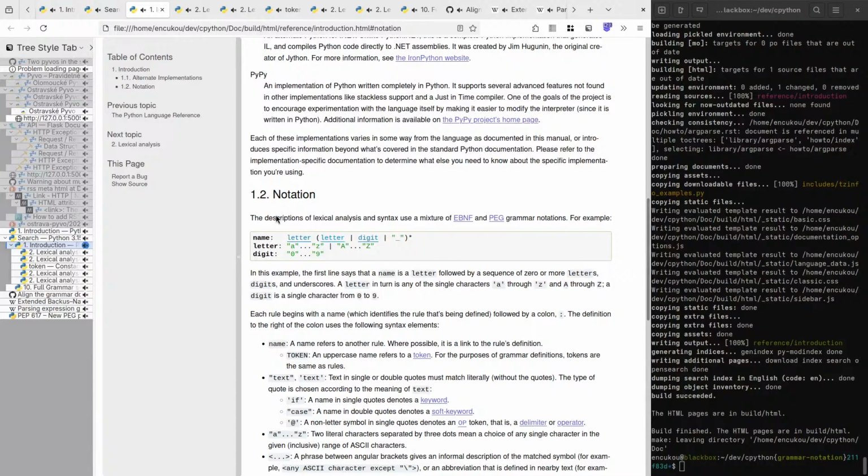Right, so we have a mixture of EBNF and PEG grammar notations. They use one grammar notation, that's a mixture.